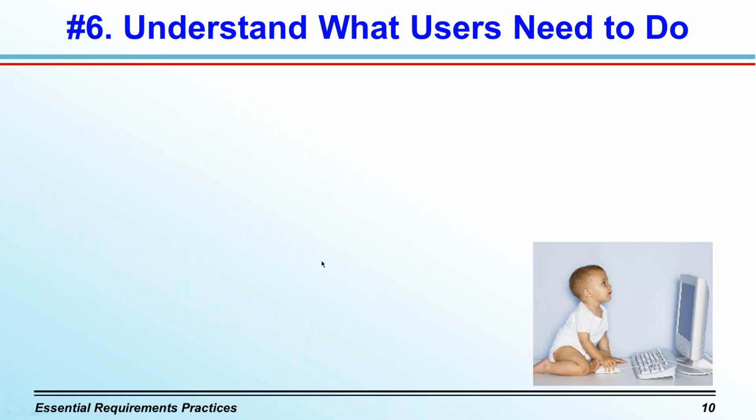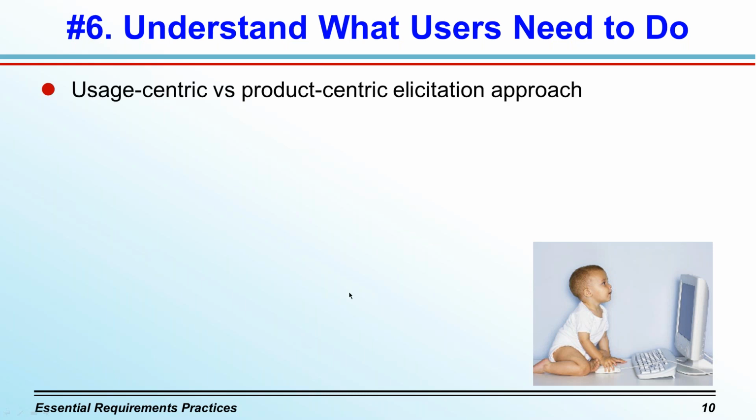So if you were holding a requirements elicitation discussion with some users, maybe like the new user shown here, about some information system, which of the following questions do you think would yield the greatest insights? Should we ask, what do you want? Or how about, what are your requirements? Maybe we should ask, what do you want the system to do? Or what features would you like to see in the system? Those questions will all get you somewhere, but I think a better question is, what do you need to do